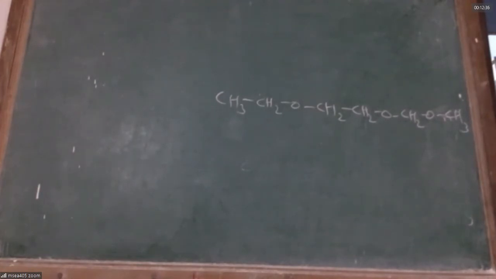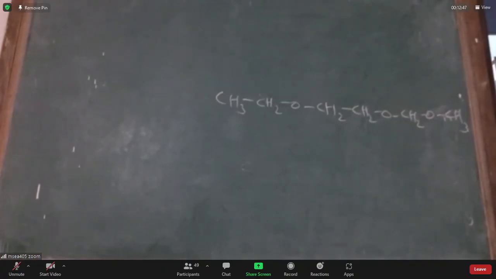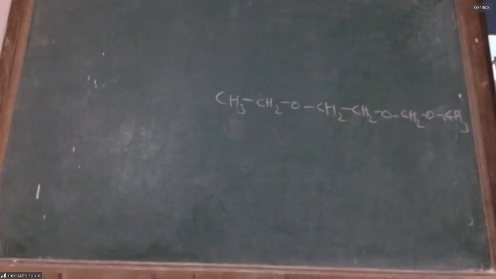Sir, we are just whiling away the time because the public have to join. How many students have joined? 49. How many? 48, sir. So I will not waste more than 2 minutes now. I am waiting for the public to join, and I am just entertaining you by giving some additional inputs. So, can you explain preparation of alcohol from Grignard reagent?